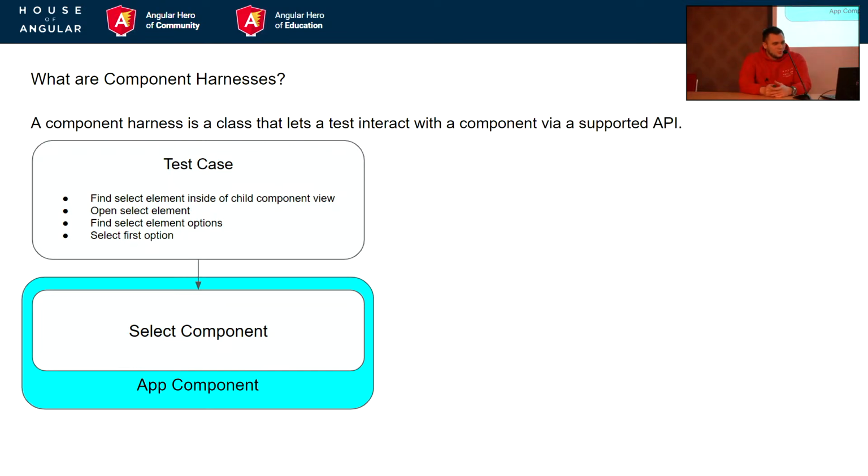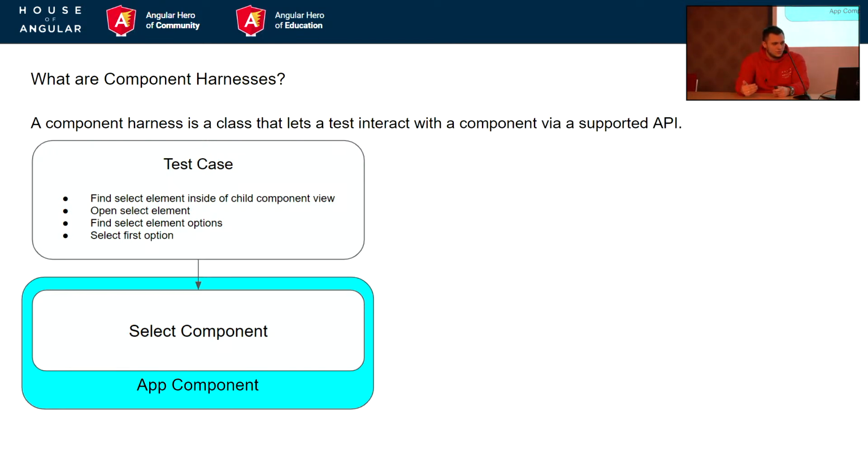Let's say we have an app component, in scope of which we have the select component, and selecting some kind of option in scope of this select will affect our app component. But let's focus on this small unit, the select component, and the interaction with it. I prepared some steps which we will for sure have to take in scope of our test case to manipulate that select component. First of all, we'll have to select the element inside of the child component view. If we want to find it, we have to provide some query or selector by which we'll be looking for